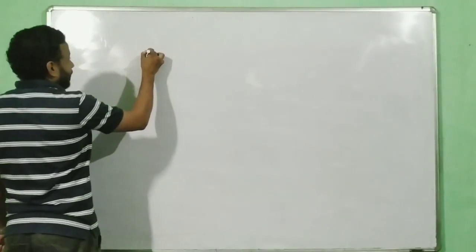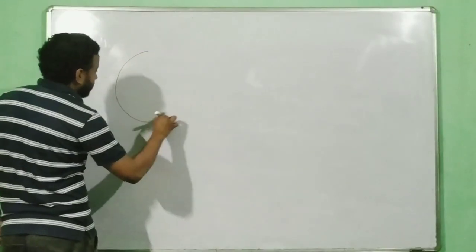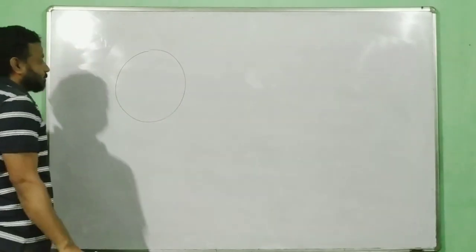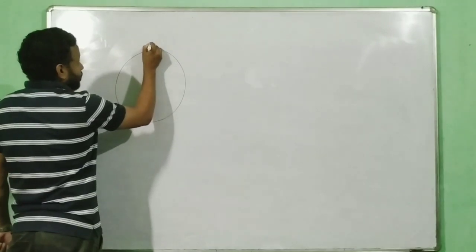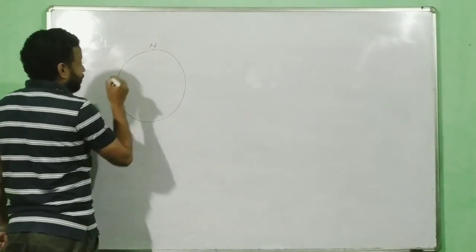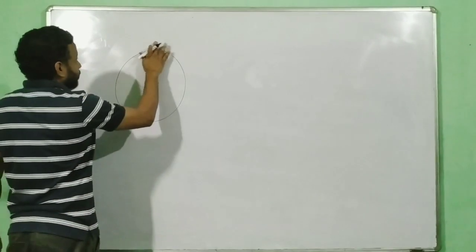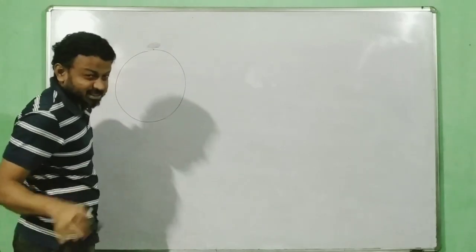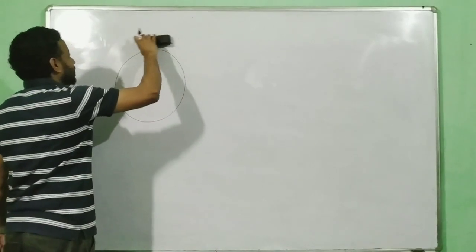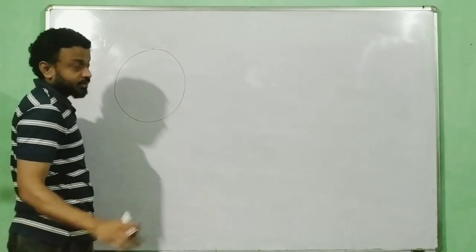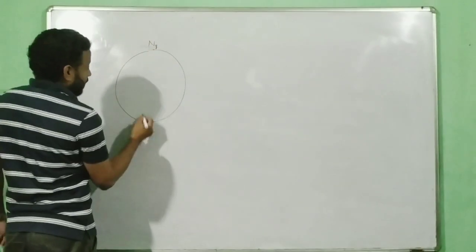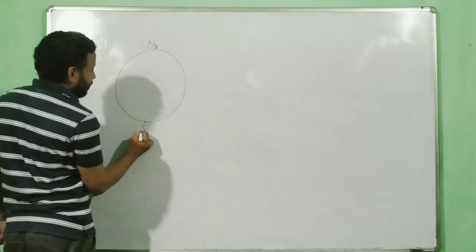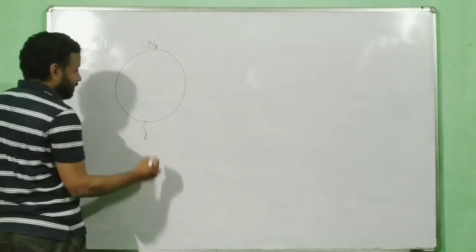So consider our Earth. This is my Earth. This one we call the North Pole, the geographical north. For this North Pole I will use a suffix G, which signifies that it's the geographical North Pole. And then we call this the South Pole, the geographical South Pole.